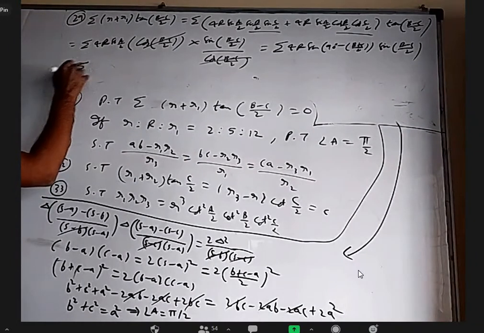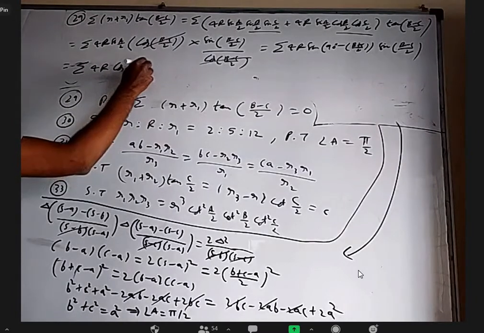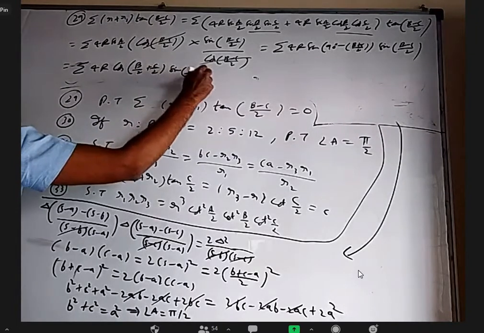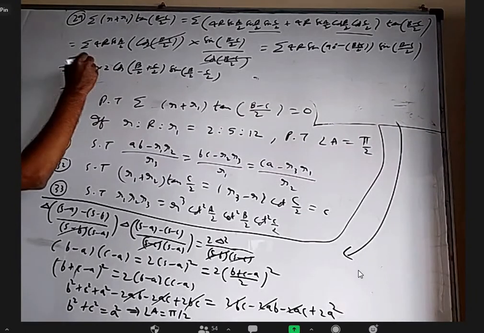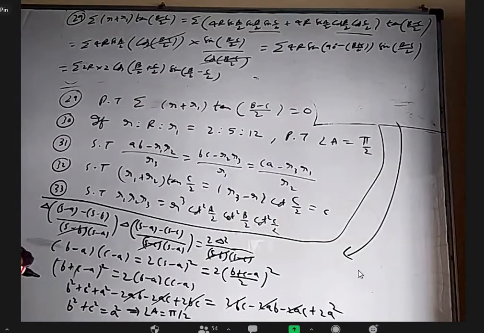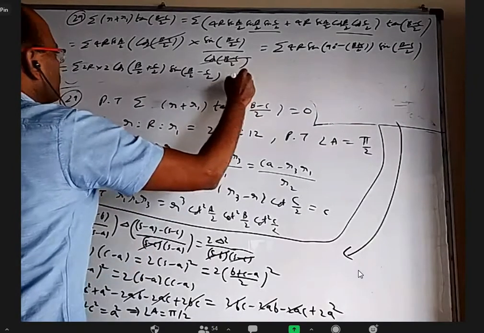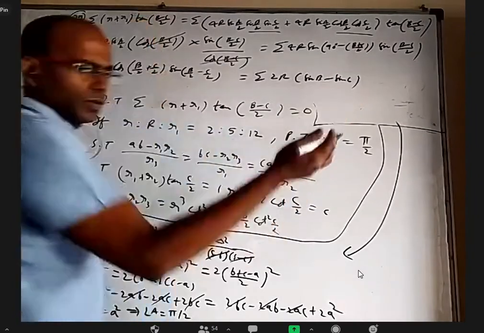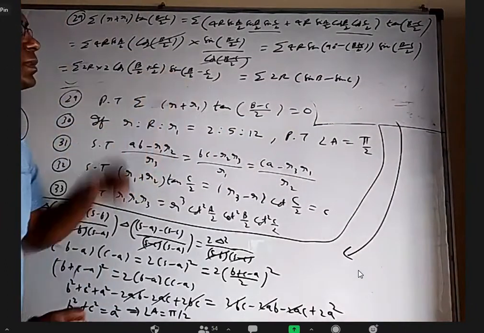Sigma 4R sin 90 minus theta is cos theta. So we'll get cos B by 2 plus C by 2 and sin B by 2 minus C by 2. And this 4R I can write as 2R into 2. It is like 2 cos A plus B sin A minus B. Okay, it is actually cos A plus B sin A plus B plus sin minus sin A minus B. Sigma 2R into sin B minus sin C. Or if you do reverse, sin B minus sin C, by transformations, is 2 cos B plus C by 2 sin B minus C by 2.